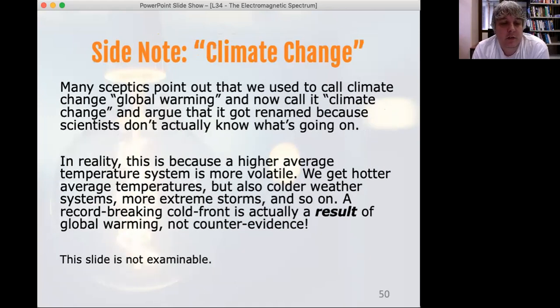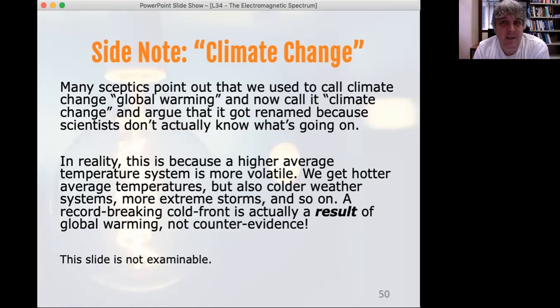At this point, I'll just add another comment on climate change. This slide again is not examinable, but it's a common question that I get, and so I just like to mention it. Scientists used to call climate change global warming, and now we call it climate change. And there are skeptics that will argue that we renamed it because we don't really know what's going on, and if we don't know what's going on, then why should we listen to scientists about it at all? In reality, it's because a higher average temperature system